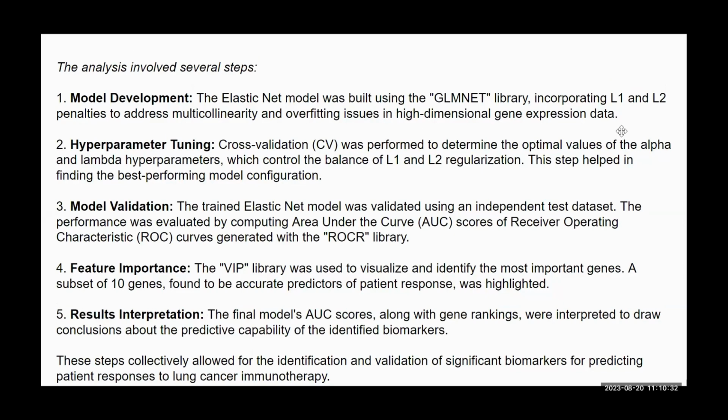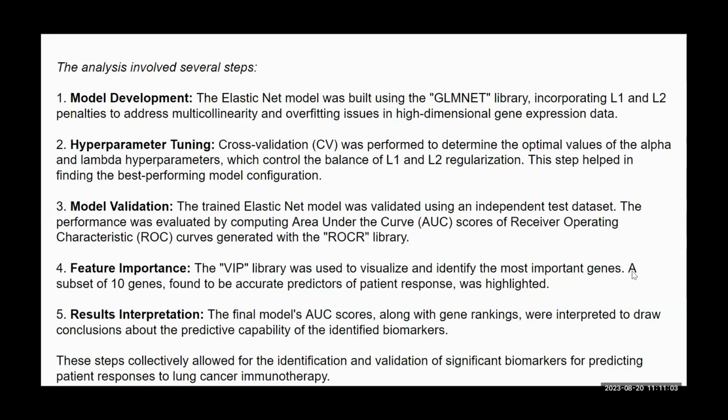Feature importance. The VIP library was used to visualize and identify the most important gene predictors of patient response. Result interpretation. The final model's AUC scores along with gene rankings were interpreted to draw conclusions about the predictive capability of the identified biomarkers. These steps collectively allowed for the identification and validation of significant biomarkers for predicting patient responses